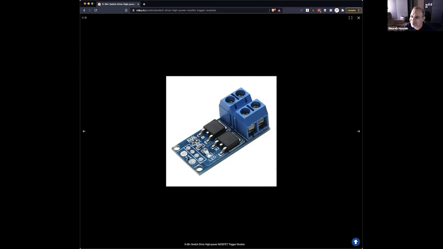From PWM you can go from 0 to 12 volt, but you can slowly go, you can be in between. That's how you control the brightness of the strip light. Actually, that's how all the strip lights which are able to control brightness work. This device is like 100 rupees or something. You buy this, you connect the ESP32. The ESP32 can connect to Wi-Fi. You write a simple web server. You can connect it to Alexa or Google Home and all that. And using voice, you can control your LED strip. It's as simple as that.